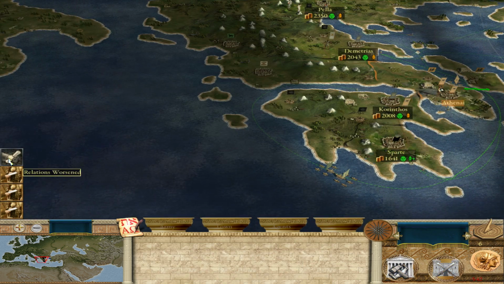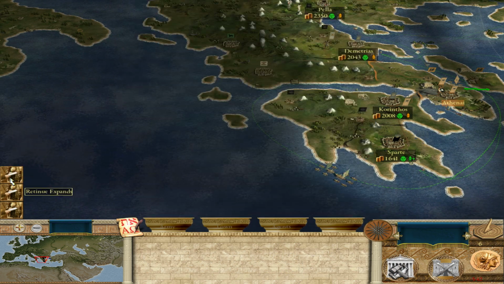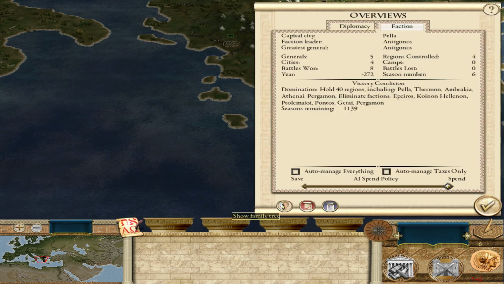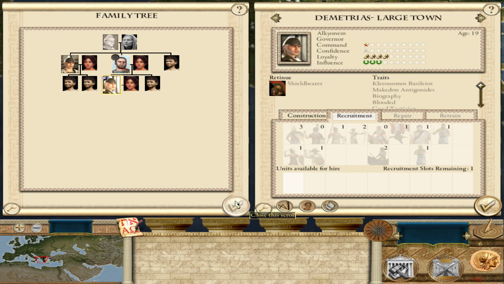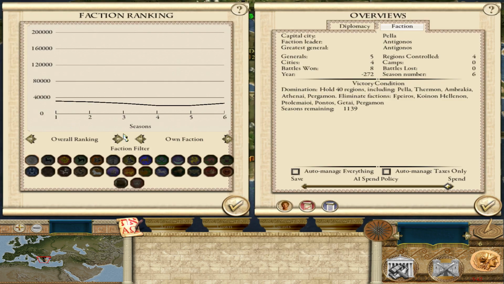Enemy army routes. Relations worsened. Veteran expands. Trait increased. End of turn report. Let's actually have a look at the family tree. So faction leader, heir. Okay, interesting enough. Oh, actually, that's something which I wanted to...